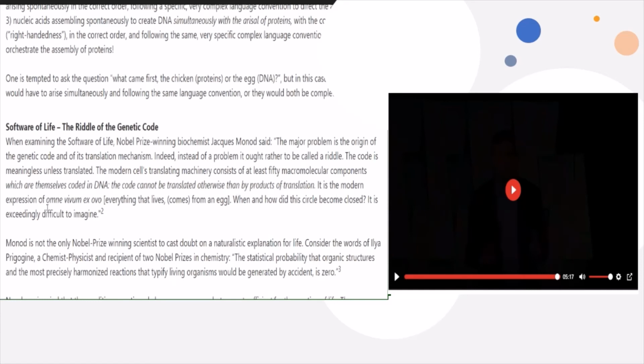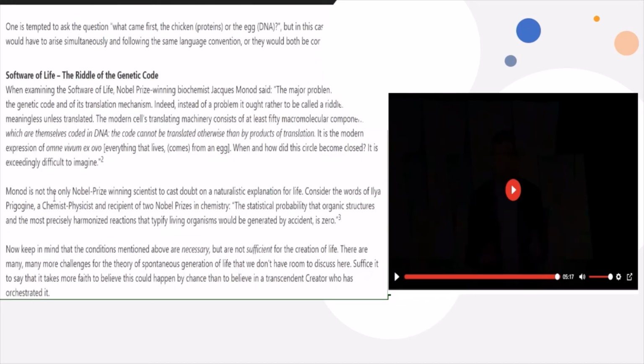It is the modern expression of omne vivum ex ovo. Everything that lives comes from an egg. When and how did this circle become closed? It is exceedingly difficult to imagine. Monod is not the only Nobel Prize winning scientist to cast doubt on a naturalistic explanation for life. Consider the words of Ilya